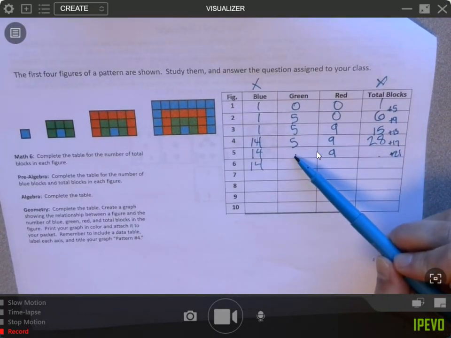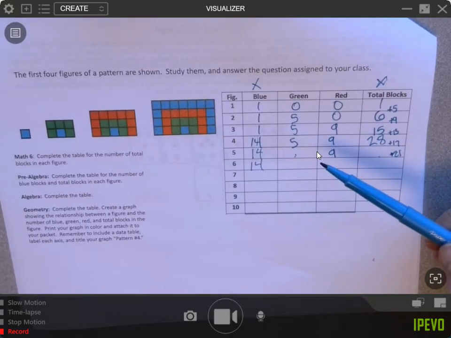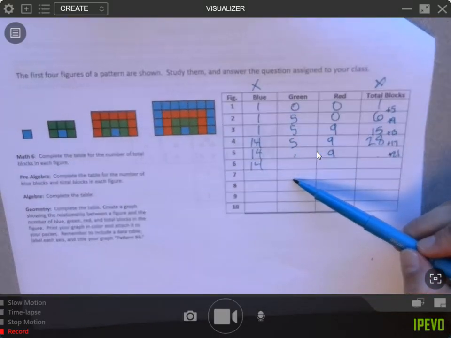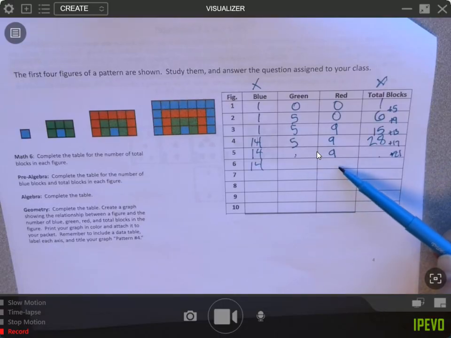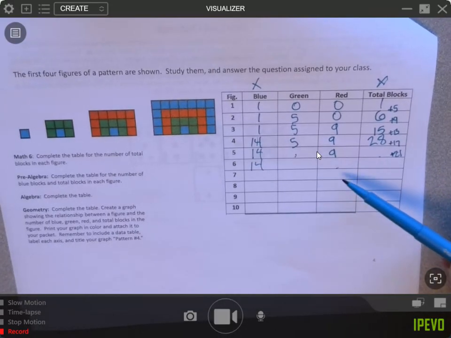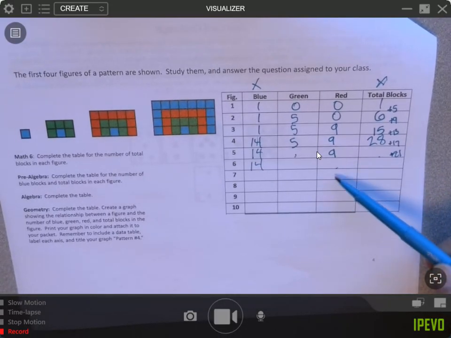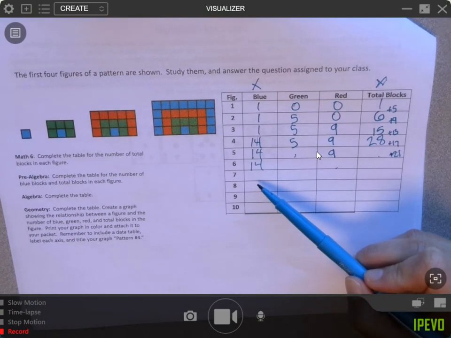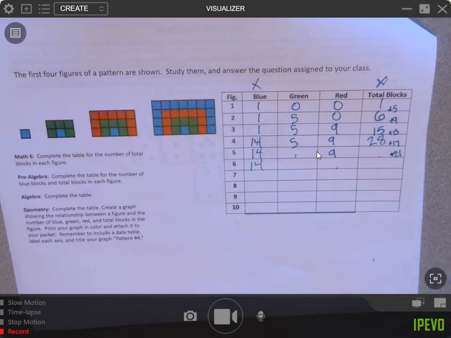I can figure out what my next number is for the green. Fill those in for the next 3. Then I can figure out what my missing number is for the red. Fill those in. I can figure out the missing number for the blue. Fill those in. That's the way I did it. I'm sure there's simpler ways to do it. That was just the way my brain jumped to. And I said, you know what? I'm just going to do all this math, because I know I can get the correct answer.